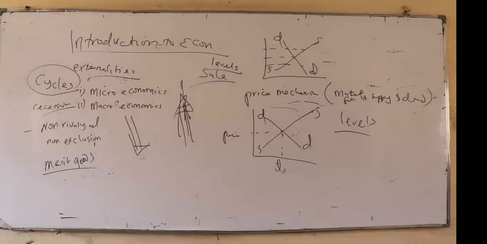Together? Then down there we have the disadvantages of planned economy, and that's where we are going to pick from. I think we shall take around 30 minutes or less clearing what is remaining. What is remaining is the disadvantages, and then also the mixed economic system and consumer sovereignty, and that will mark the end of the introduction part.